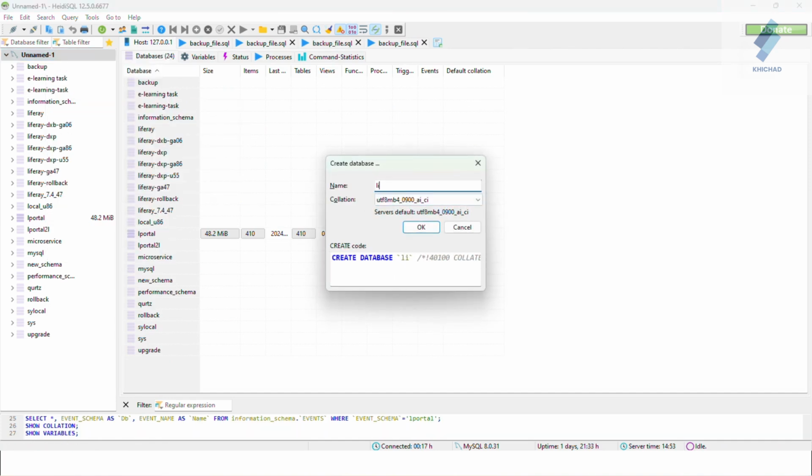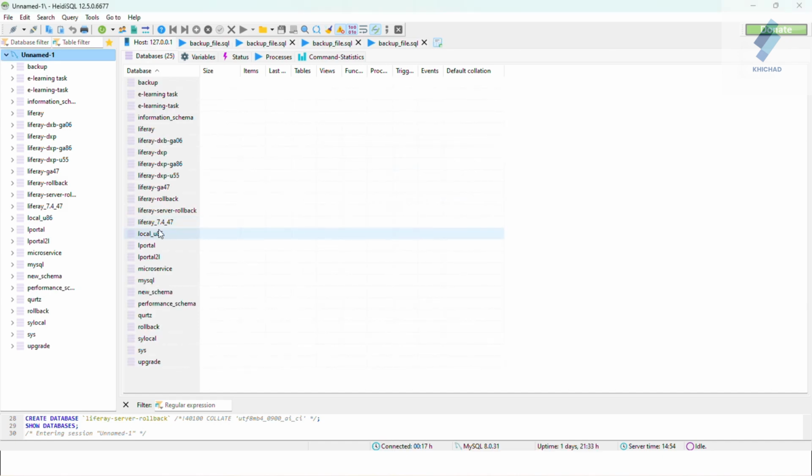And I'm just giving the name of the Liferay server rollback, and copy the name of the database and click OK.